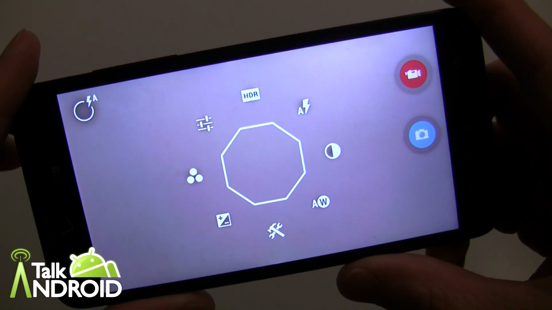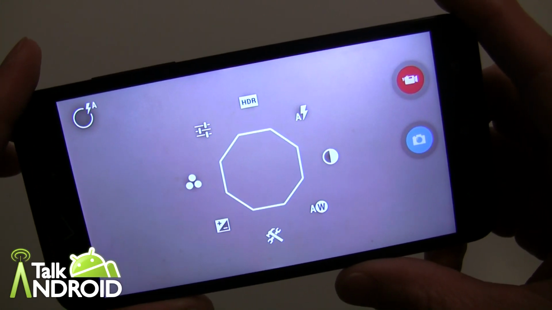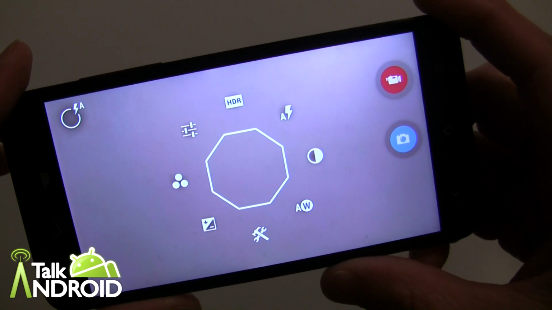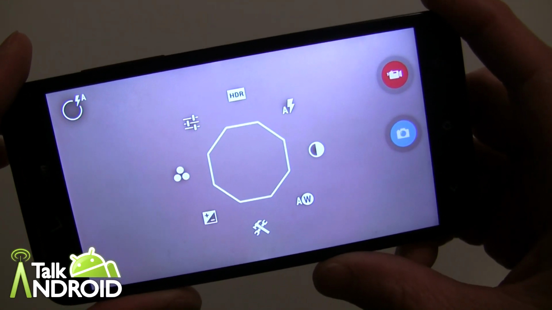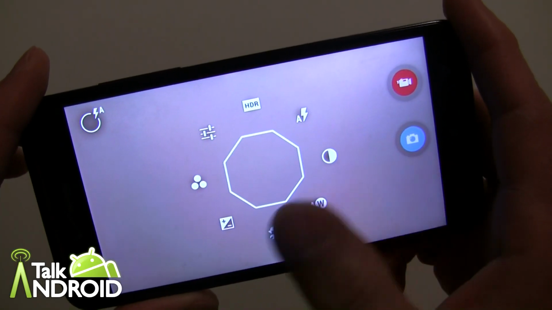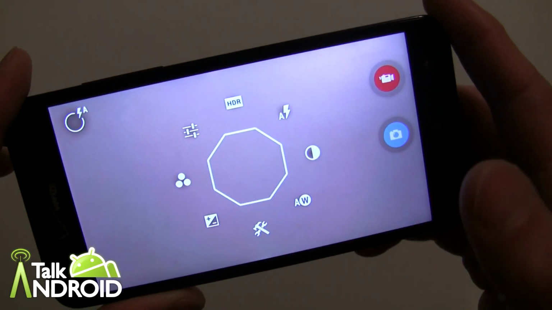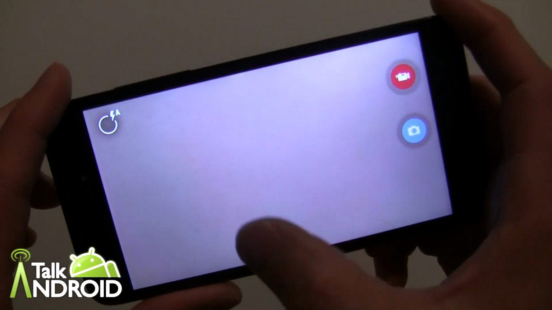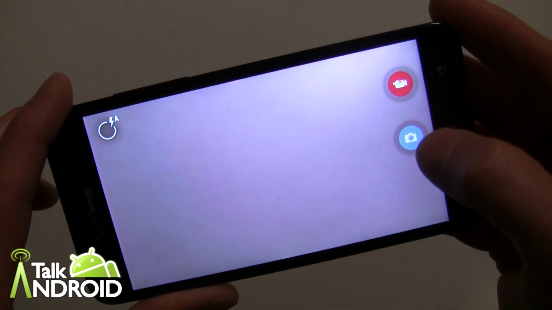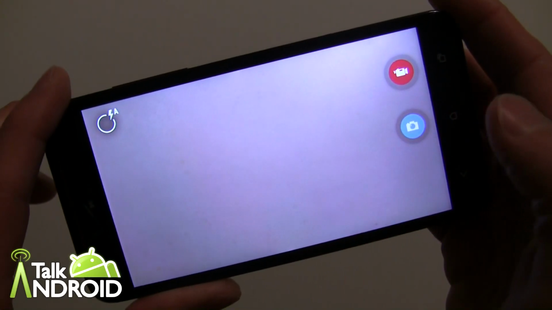This one is an app that's been around for several months now, and it's based on the stock Android 4.2 camera. And so that's what it's going to give you, very much the same type of look and feel, although there are some differences. Now this is the settings menu there, but as you can see right here, it's a pretty simple interface, just like